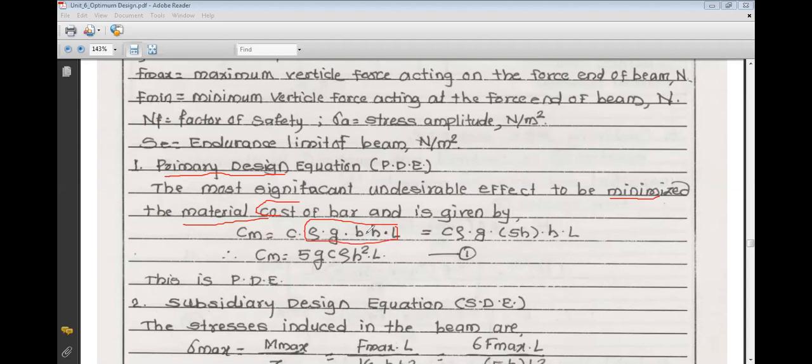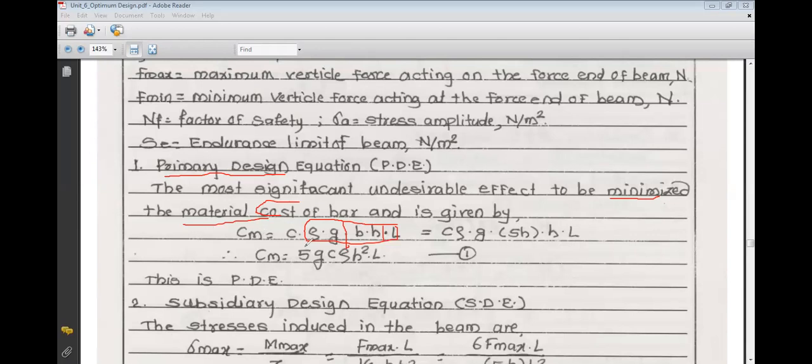Weight density into volume. Now this rho g is your weight density, and there is a rectangular cross-section area. So volume is nothing but the area into length. So this is the area, B into H, and L is your length. So this is the cost of material of the bar or of